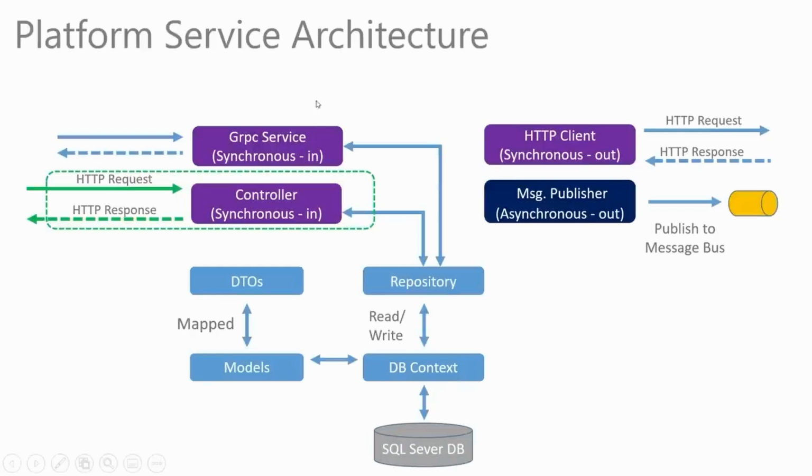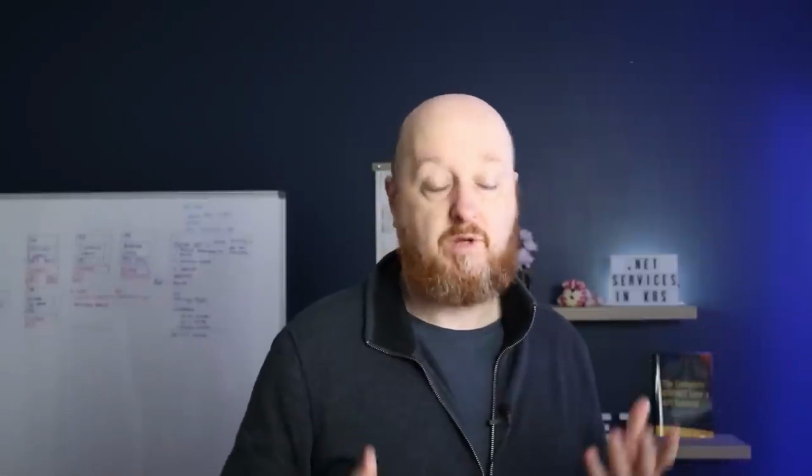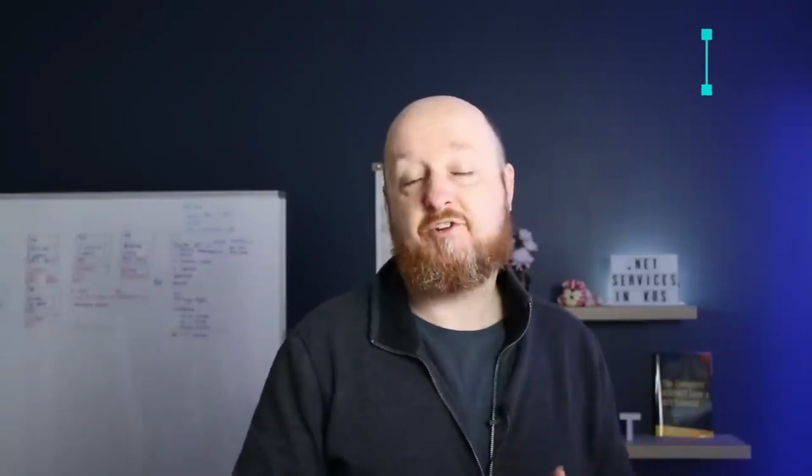But just to round out this kind of section, we're going to now move on to DTOs, data transfer objects. And what are data transfer objects? They're basically external representations of our internal models. And you might be going, why do you want to do that? Well, you don't want to expose your internal models to external consumers. Why not? Well, number one, there might be data in your internal models that you don't want to expose, right?